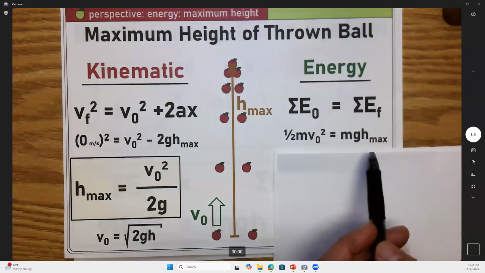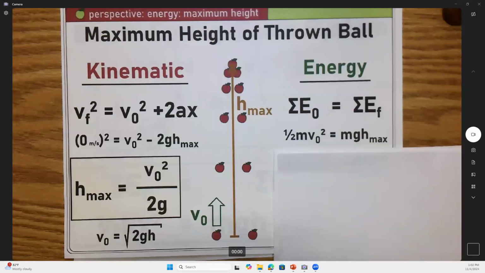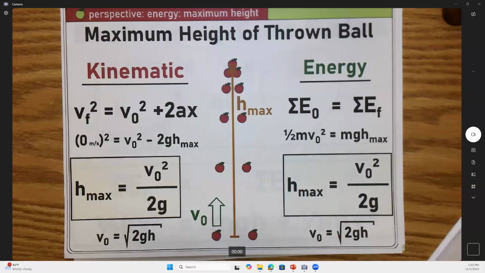Yeah, this looks a lot like that Galileo question. It's not a whole lot different. And then if you finish this out, I'll show you guys the rest of it. This goes like this. So if you solve for H, the mass of the ball cancels. So if you have a baseball and a tennis ball, if you get them to be leaving your hand at the same speed, then they'll go the same height.